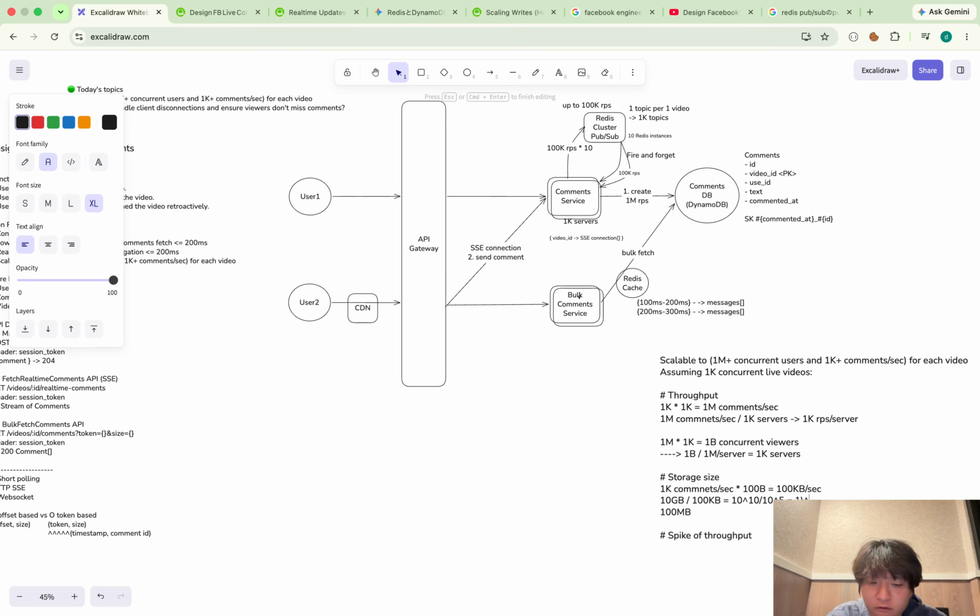So this is 10 to the 5 sec. And one day is around 10 to the 5. So this is 1 day. So if the video is 1 day long, all the comments cannot be stored in a single partition in DynamoDB, and it becomes a problem. But obviously, one video is less than 1 day. Also, I overestimated the 1K plus comments per sec, so storage-wise, DynamoDB completely works.